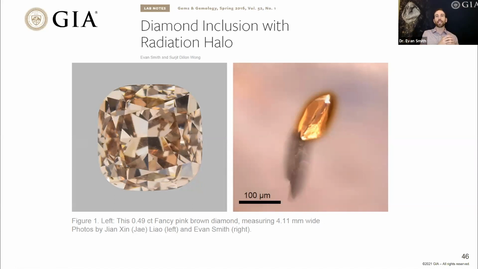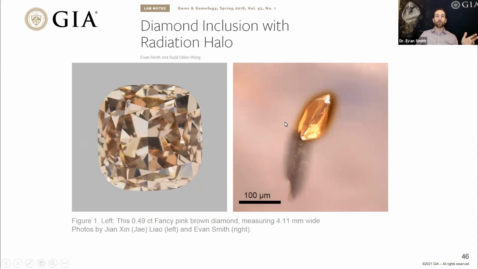Quite often, diamonds from alluvial settings where they've been washed up against sediments, those diamonds can have radiation damage. We see little spots on the surface of the diamond that could be brown or green, and that's due to radiation damage of the external skin of the diamond. But in this case, it's very unusual because we have radiation damage, this brown haze kind of feature inside a diamond surrounding this inclusion. And it gives us a hint that this inclusion probably has some kind of radioactive atoms in it, has some kind of radioactive product that's causing radiation damage in the surrounding diamond.